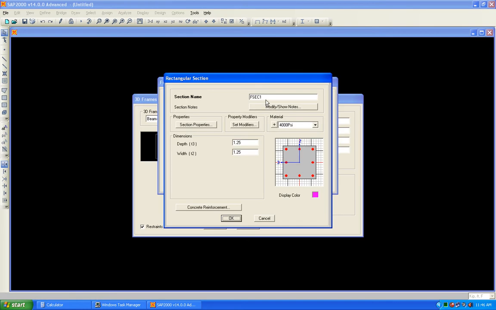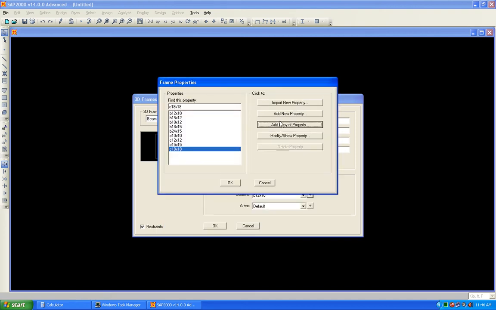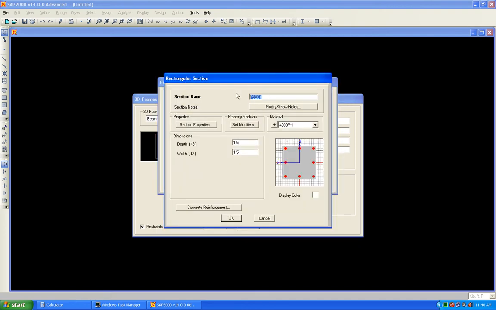add a copy and column 18 cross 18, and 18 is 1.5, and here again 1.5. Got it? Let's add another copy, column 24 cross 24. 24 means 2,